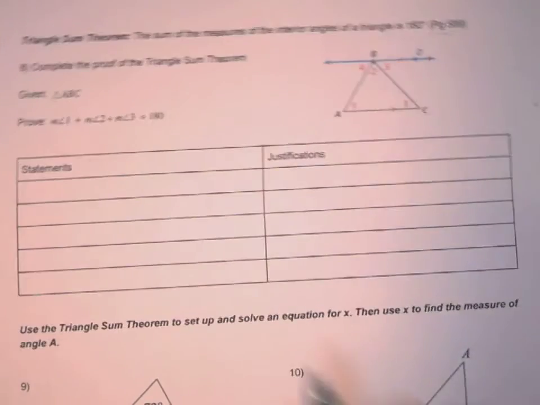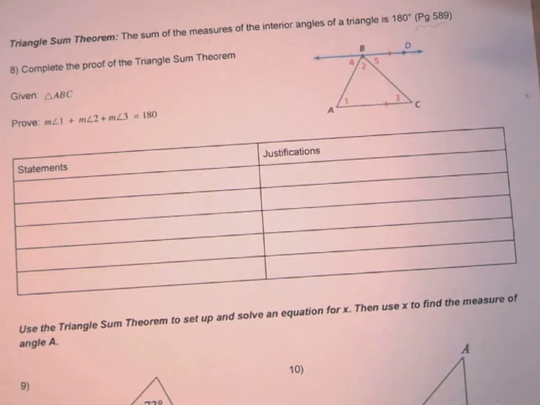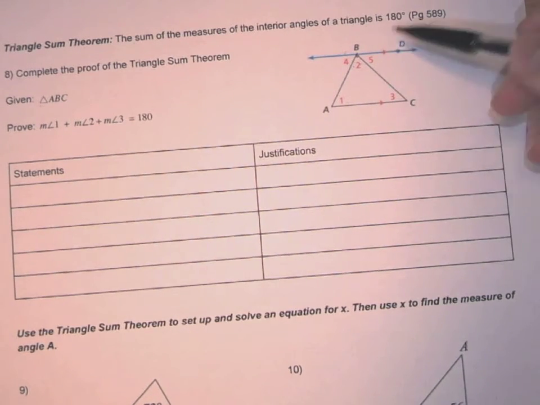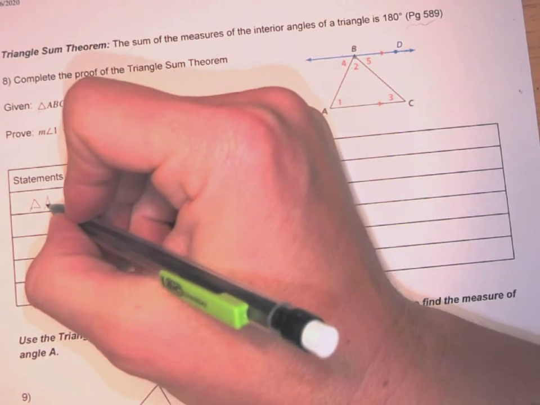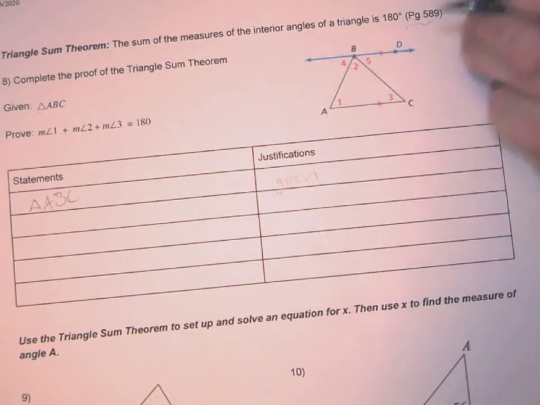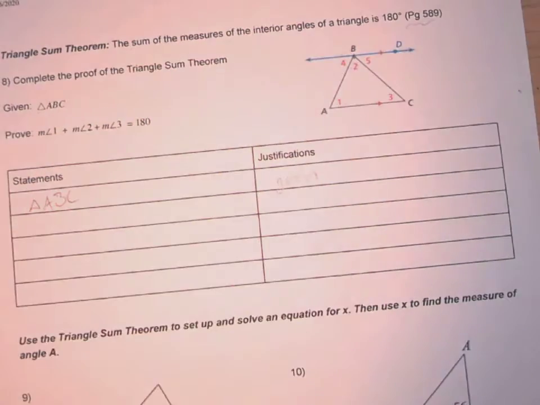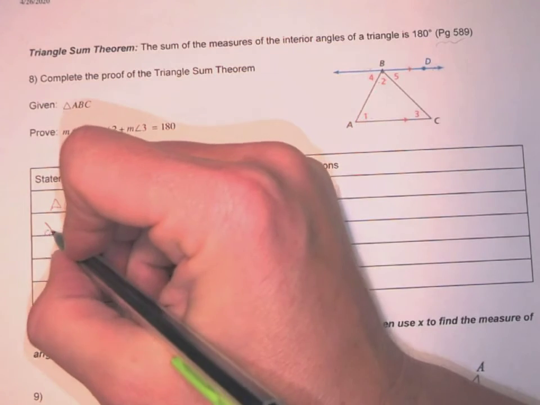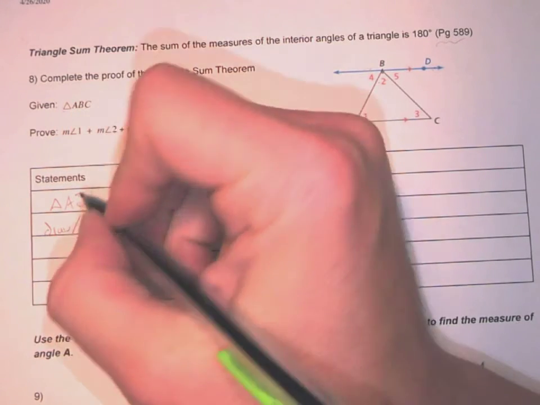So this first statement here really is going to be, triangle ABC given, but then we're going to talk about the parallel postulate. Okay. And so what we're going to do is, let's say we just started out with this triangle. What we could do is we could draw or construct,